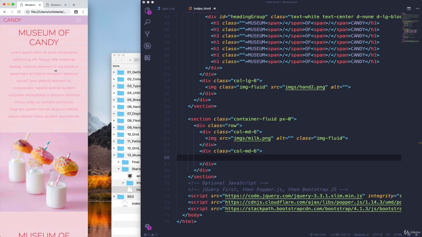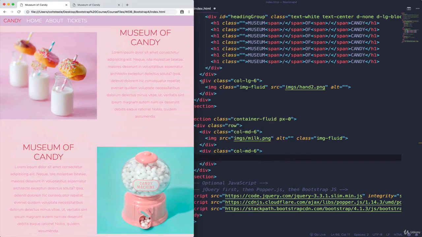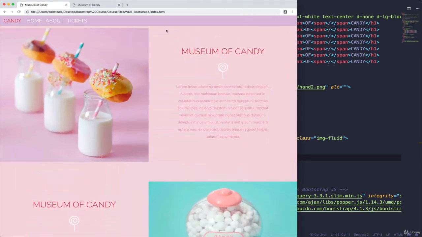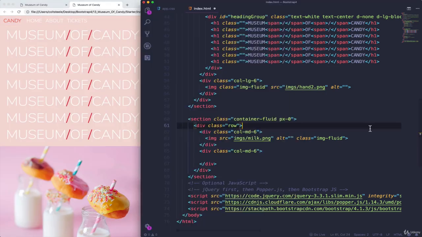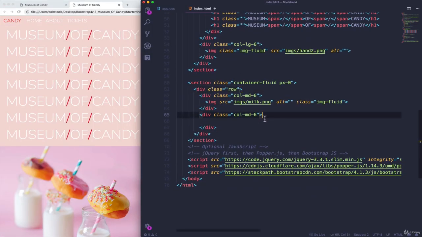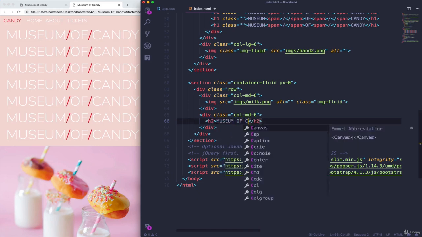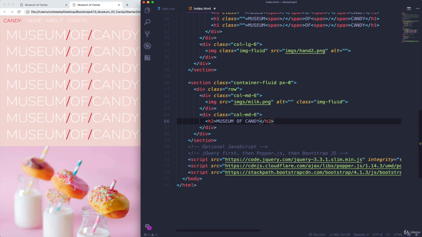So it's kind of hard to tell, but I'm going to show you what it looks like. Let's put our text in there first without actually any of the nested stuff that I was talking about. So inside of this column medium 6, we could just start by adding an h2 with the class of, well, we need to center the text, but we can actually center everything together. So I'm going to just do an h2 for now, and it says Museum of Candy, and then below that,